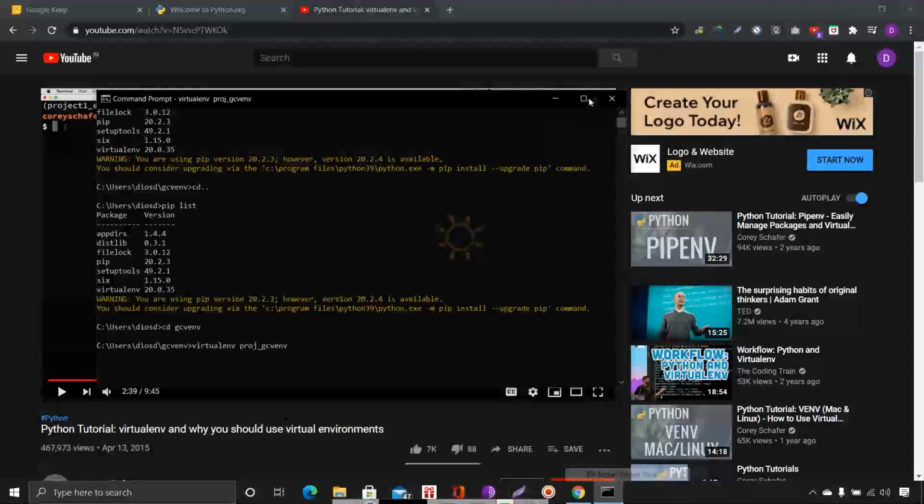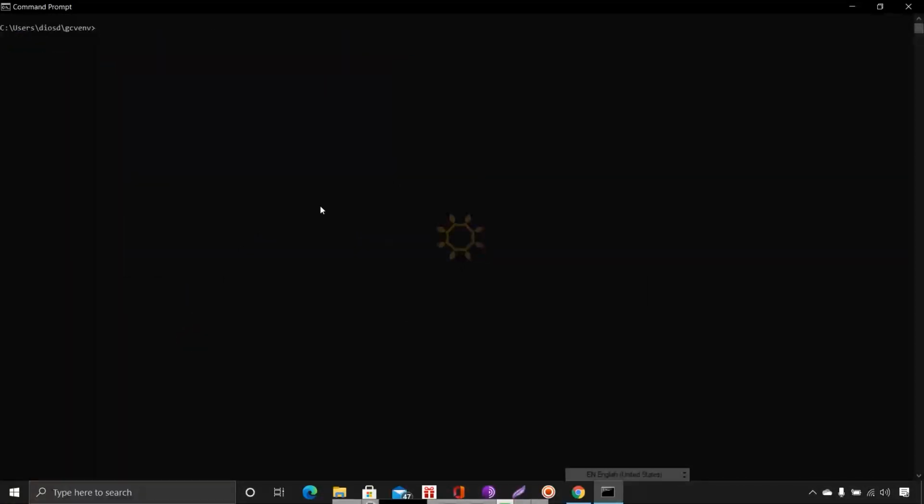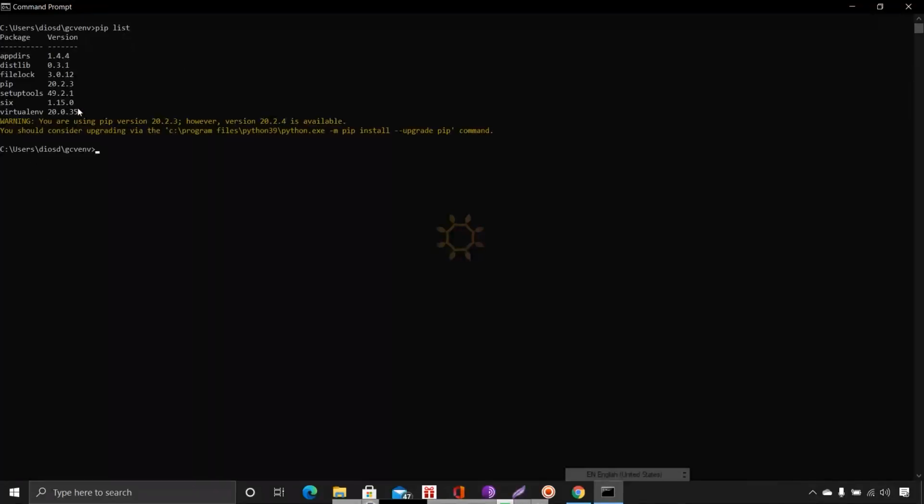Now it will create. As I told, this pip list is for the total PC-installed Python packages, but not for this virtual environment. The virtual environment is only now going to start.